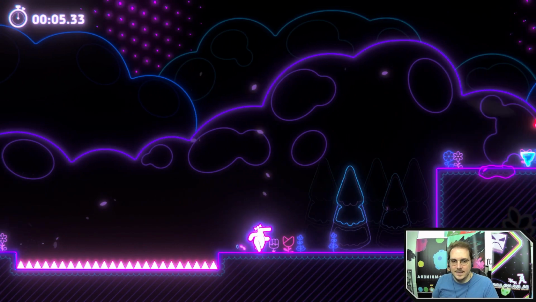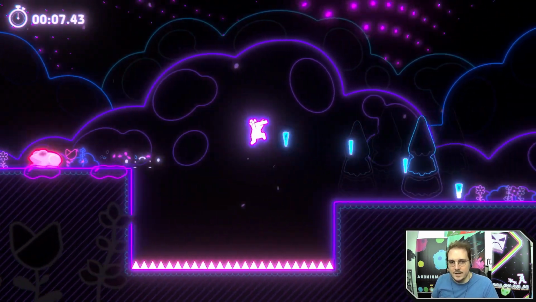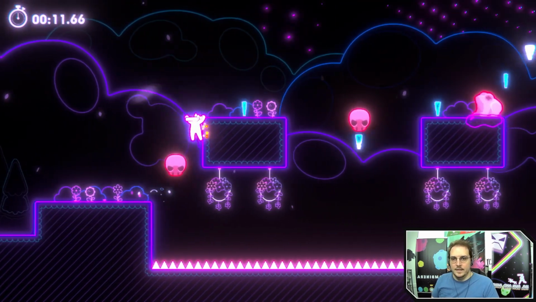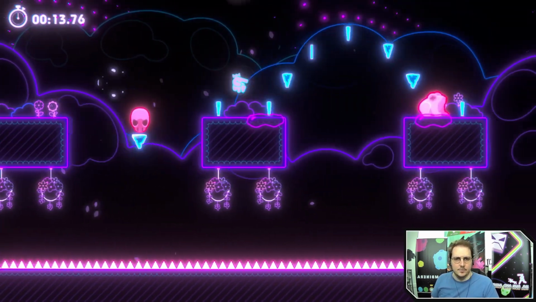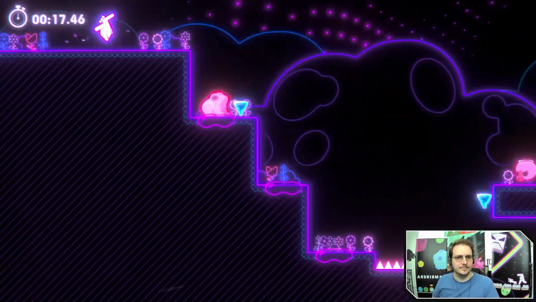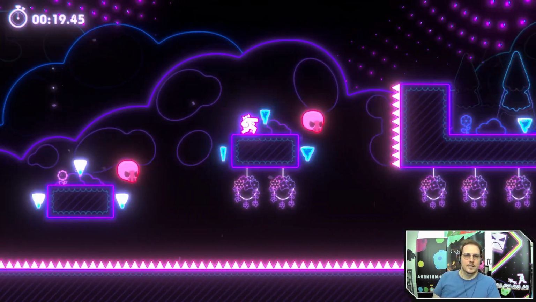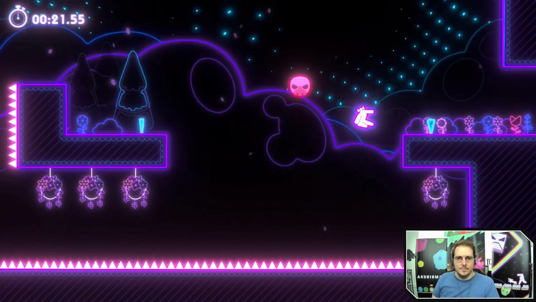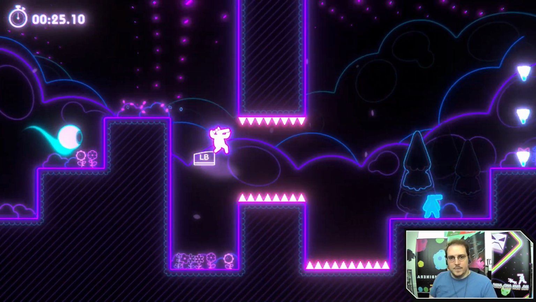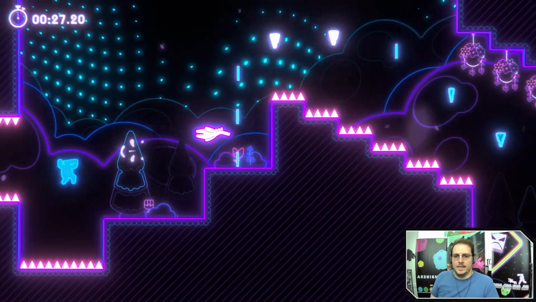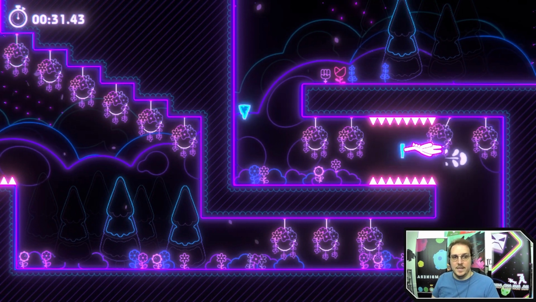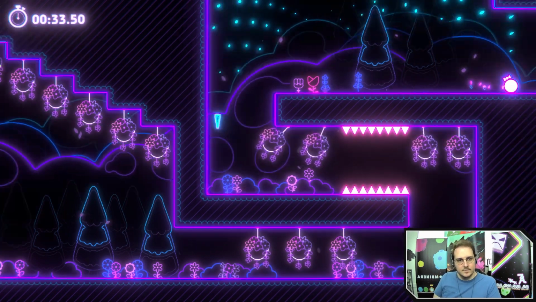Man. See, the trouble is all the enemies in a room are loaded all at once, so they move on a global timer. That keeps everything consistent, but it means if you spend more or less time at the beginning of the room, the enemies at the end of the room are going to be in a different position than maybe you expect. So it can be a little tricky.